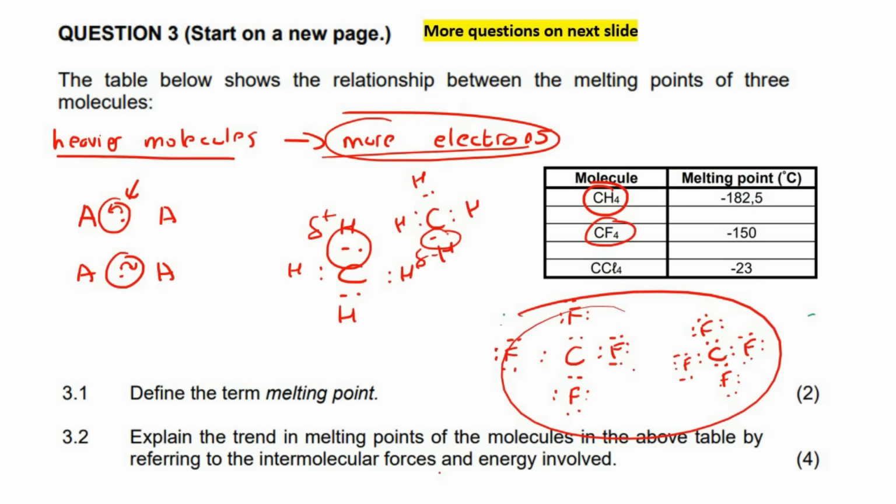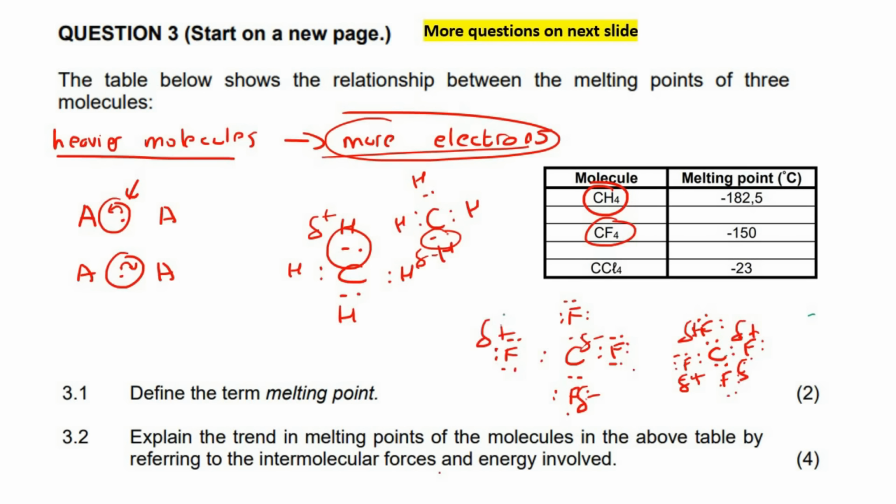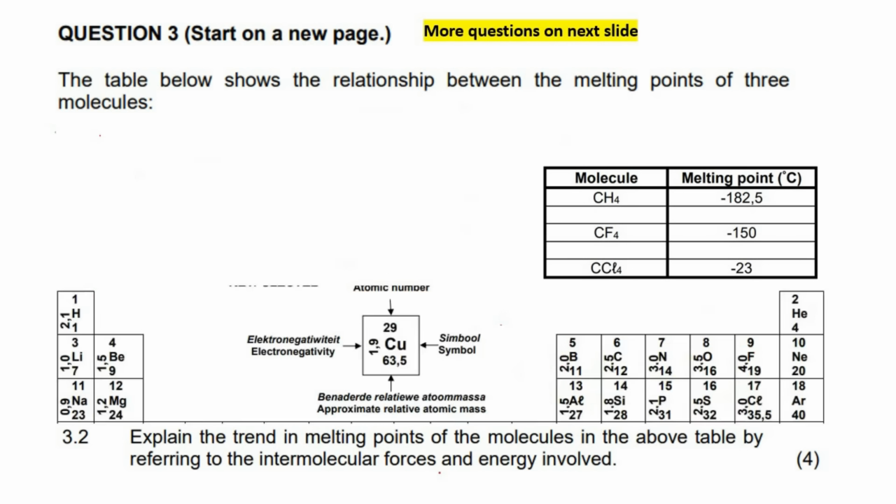But in this molecule, or in these two, this one and this one, you might have a positive or negative here, a positive there, a negative there, a positive there, a negative there, and so on. And so you've got much more attraction taking place at any given moment. So heavier molecules, more electrons, more chances of these random asymmetries to take place, and so there's going to be stronger London forces. Okay, so if we now go and look at the masses,